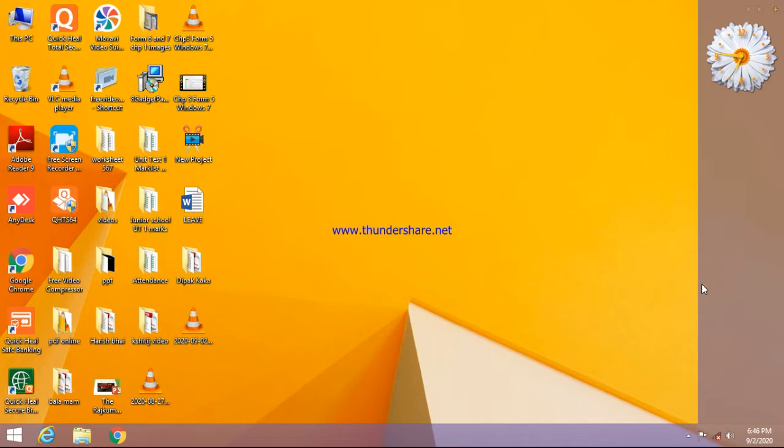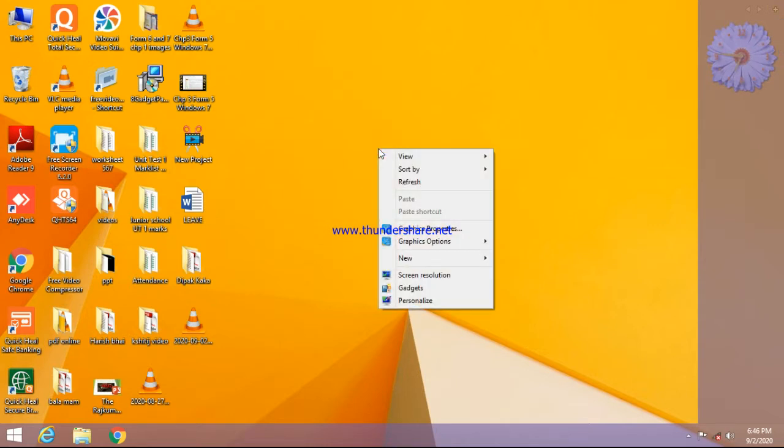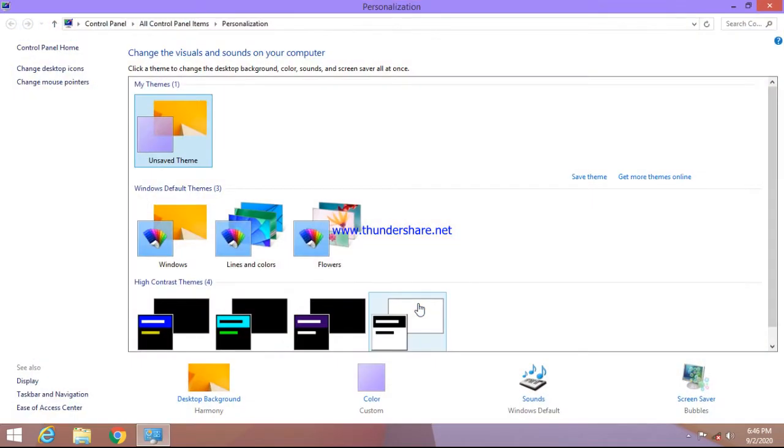Next, changing the color scheme of the desktop. Right click on the blank area of the desktop and select the personalize option.